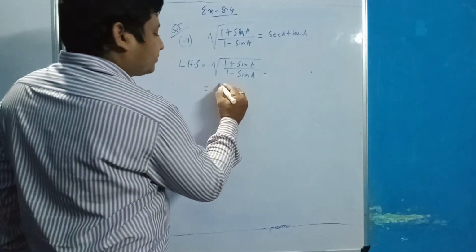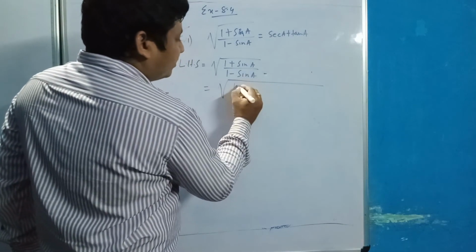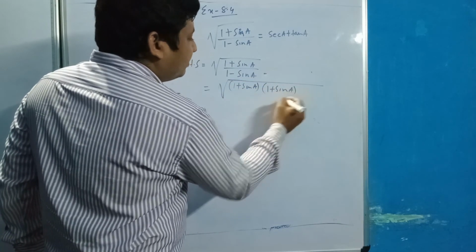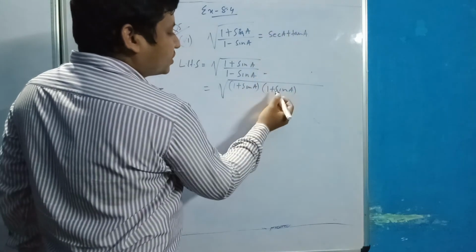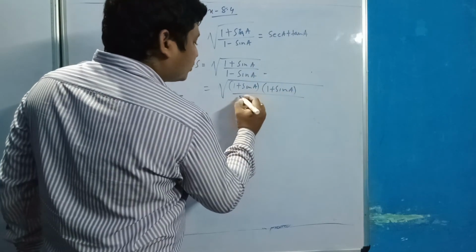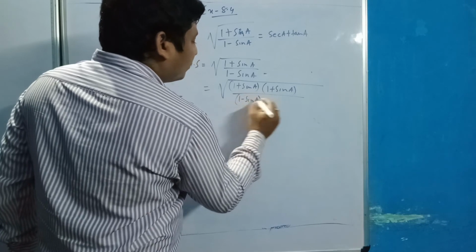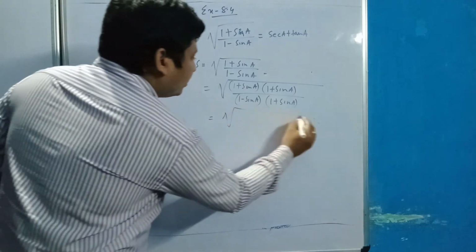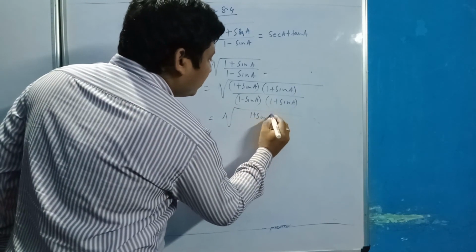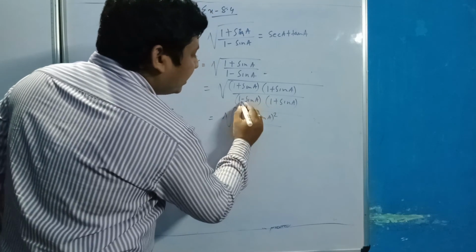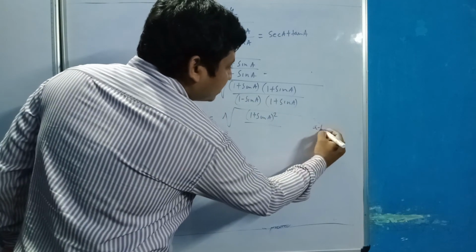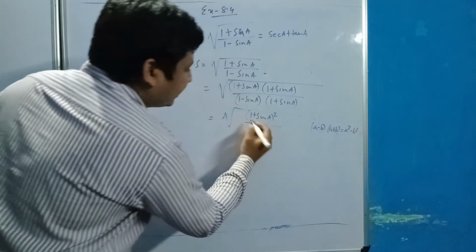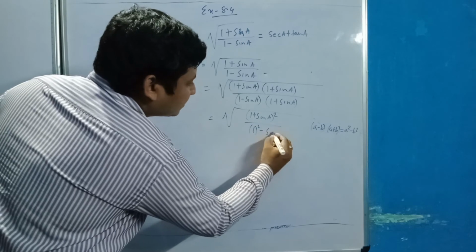What will happen on multiplication? Why did I multiply this one? Because plus is there in the RHS. That's why I have taken plus. You also do it in the same process. In the denominator, 1 minus sin A into 1 plus sin A. What will happen? The numerator will be (1 plus sin A) whole square. Now the denominator is (A minus B) into (A plus B), which we know equals A square minus B square. I can write 1 square minus sin square A.